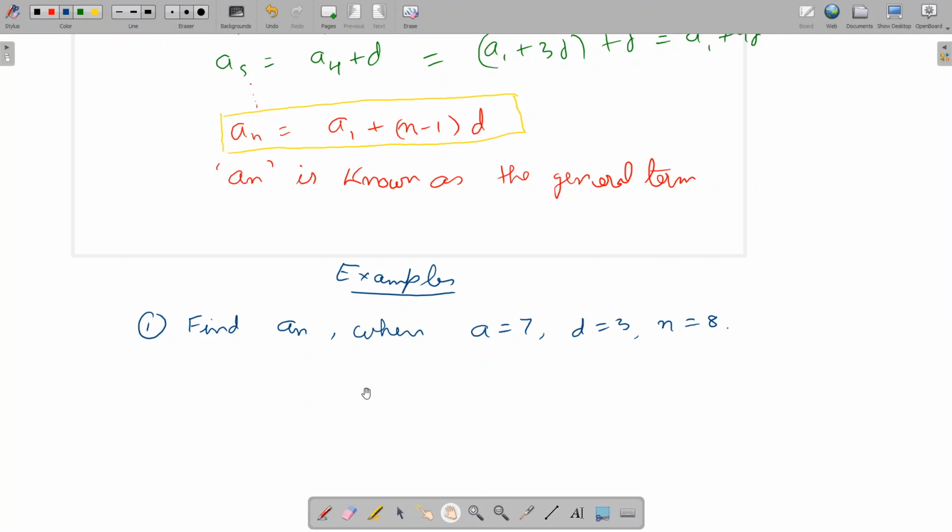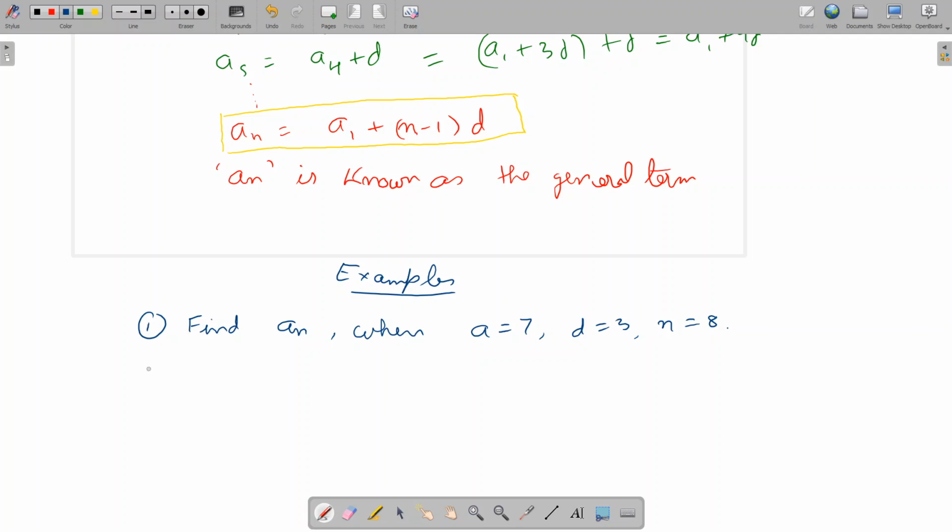So what is our formula? Our formula is An equal to A1 plus (n minus 1) D. Here four things are involved. First is An, then we have A1, then we have n, 1 is already a constant, and D. So there are 4 things, and out of these 4, 3 will be given to you, so you can easily find the fourth one. Let us do this first one. Here we have to find An, and A is given to us. A means A1, and D is given, n is given.